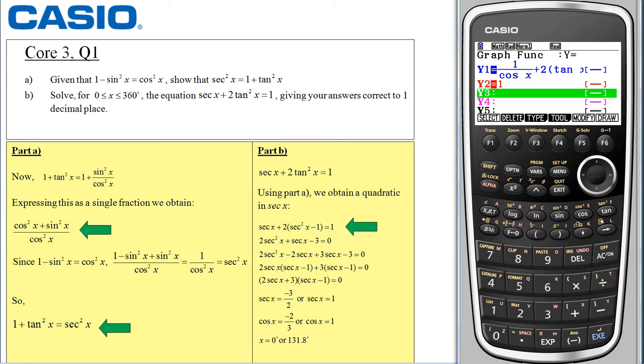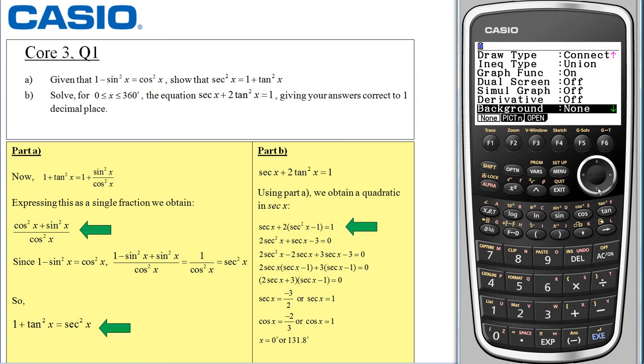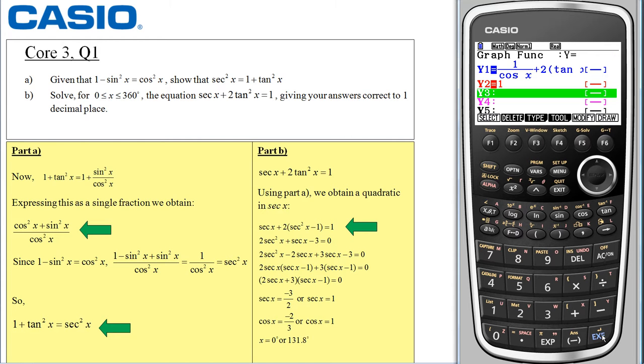So the way to do this is to go to Shift and Menu, which will select Setup now, and I just scroll down until I'm able to change the angle measure. You can see there at the moment, underneath angle, we have degrees, radians and gradians, and the current default, which I'm circling, is RAD. So if I change that using F1 to degrees, and now select execute, and F6 to draw,